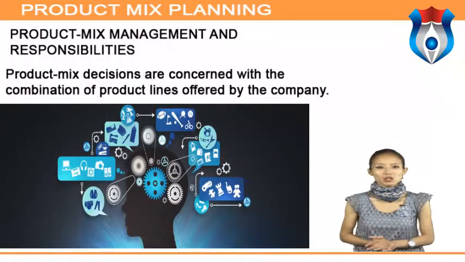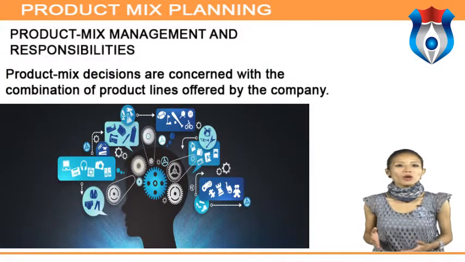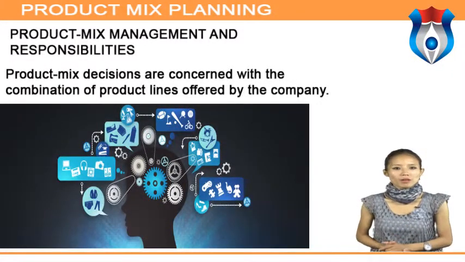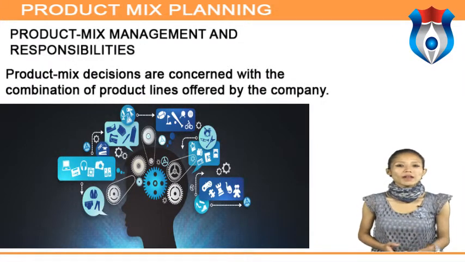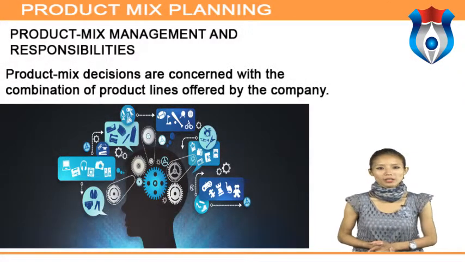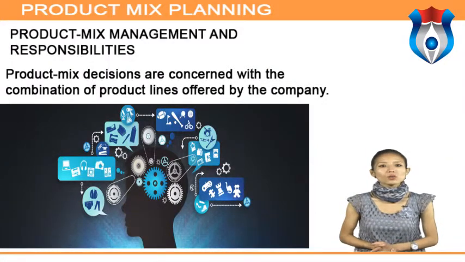Some basic product mix decisions include reviewing the mix of existing product lines, adding new lines to and deleting existing lines from the product mix, determining the relative emphasis on new versus existing product lines in the mix, determining the appropriate emphasis on internal development versus external acquisition in the product mix, gauging the effects of adding or deleting a product line in relation to other lines in the product mix, and forecasting the effects of future external change on the company's product mix.